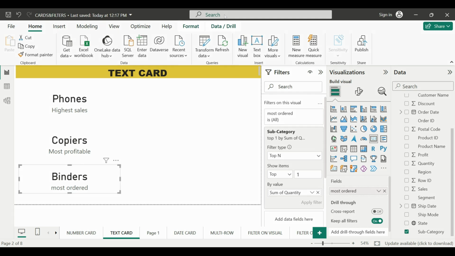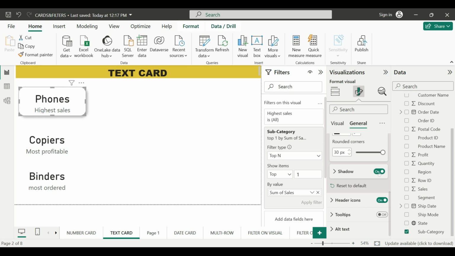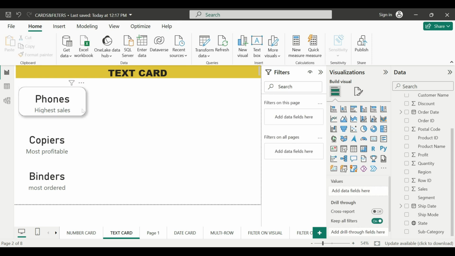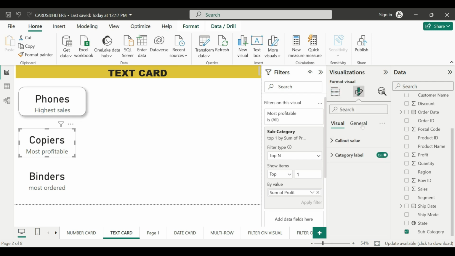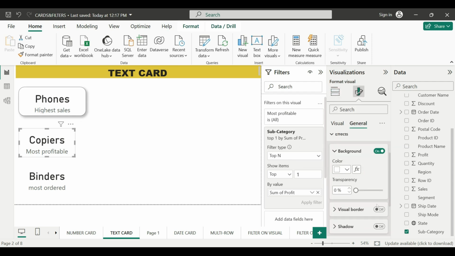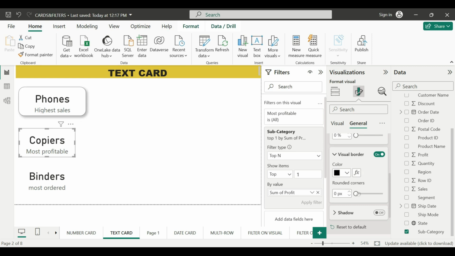So we will see how to properly align those text cards and also how text cards can be useful further. First of all, let me align it properly. Give a background, that is the border here. Select that format button and you can see there is an option visual border. Scroll down, expand the border and this radius, if I make it 30px, it will round out. The borders will be rounded and give more effects.